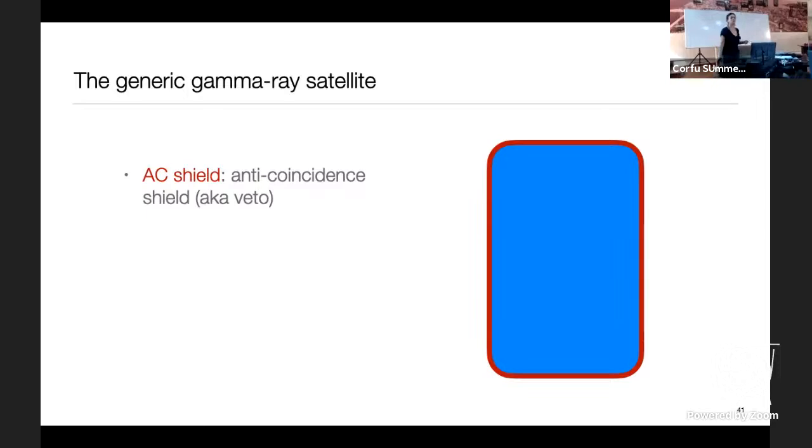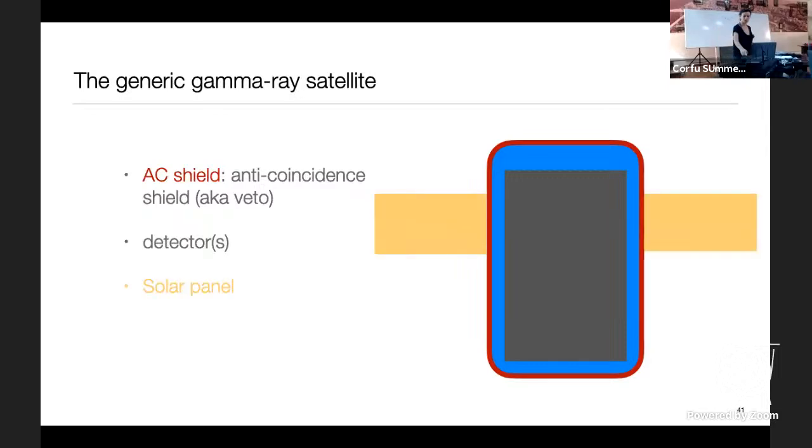Then, if you want to build a gamma ray satellite, what do you need? Well, the detector, of course. Either you use the Compton effect or scintillation or pair production. You put your detector inside your shield, but then you still need two more things. What are those? Usually you don't see this kind of stuff flying in the sky, right? What do satellites have? Very good: solar panels, so that you can get energy from the sun.